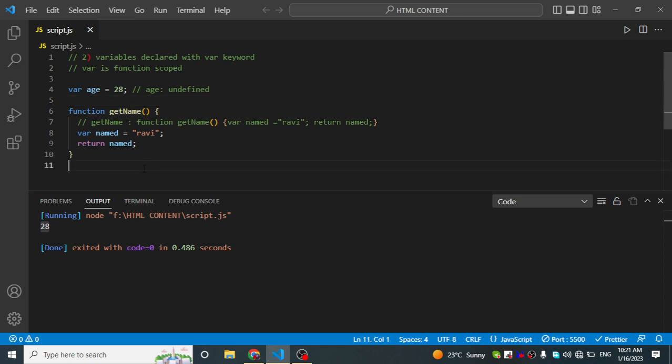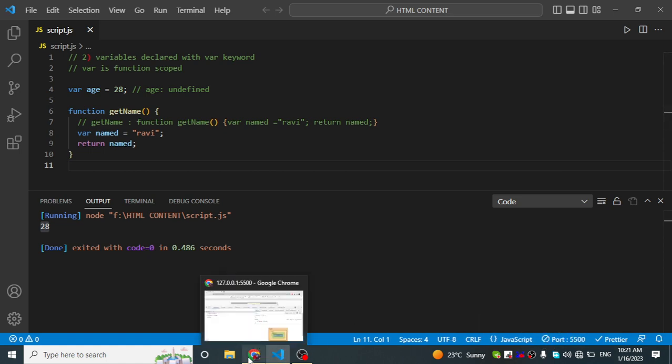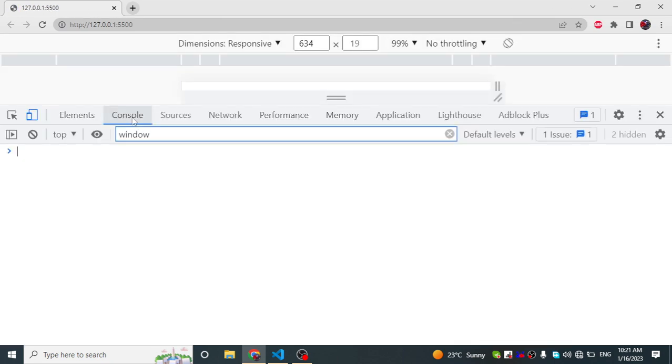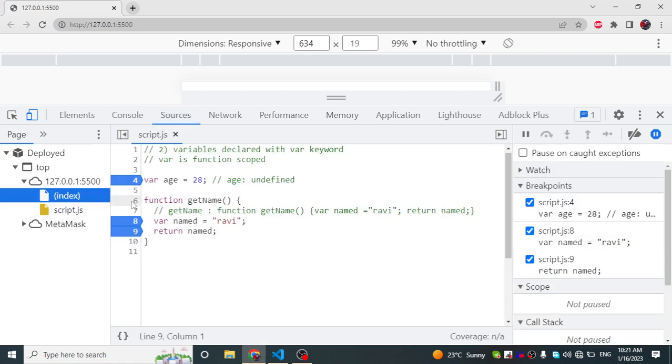So let's execute this code and run it, and see what will happen. If I inspect it, console, sources,